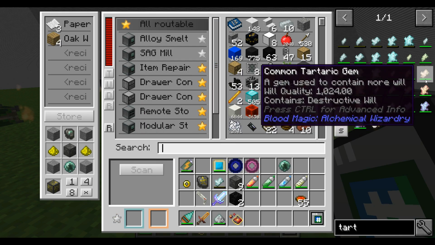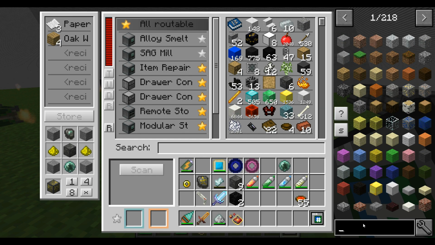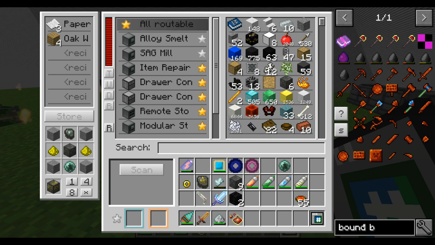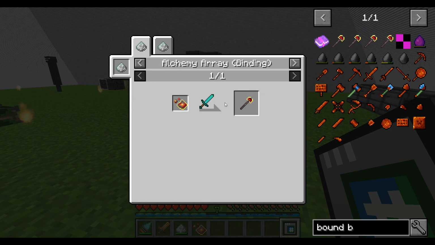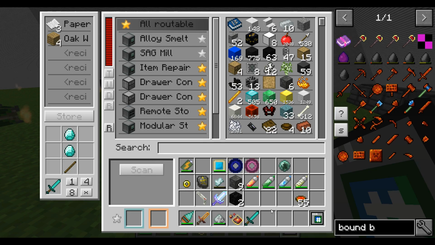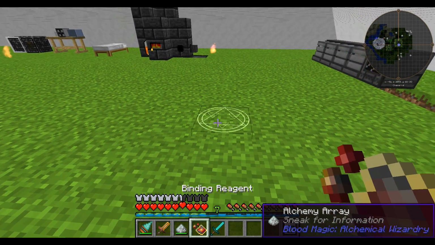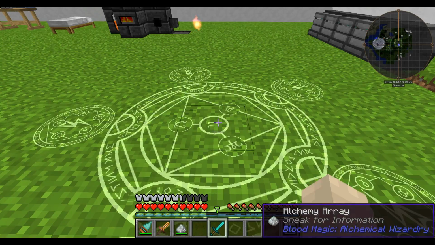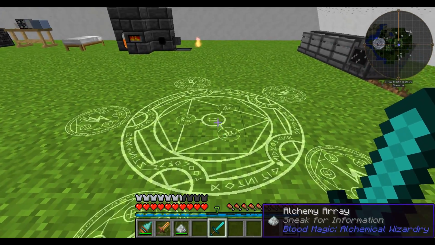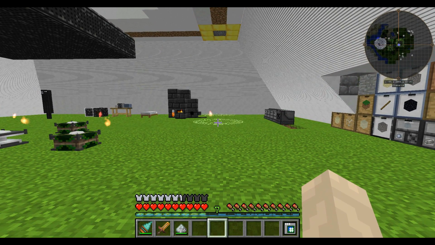Now I want to make myself the bound blade. And the bound blade takes a diamond sword to make. So let's make a diamond sword. And then we should have everything that we need. So I'm going to take the arcane ashes, put that in there, binding reagent, makes it into the big one, and then right click on there, and we're going to have a lot of...